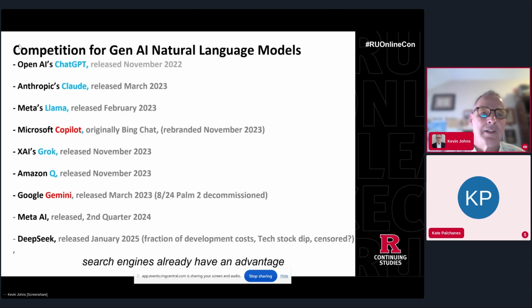Meta's Llama, that's been out. Copilot, Musk's Grok system, I've been using that recently. Amazon has one as well called Q, and Gemini, which has been adopted by the Rutgers Business School, so I've been using that as well. Meta AI just released one in the second quarter of 2024, and DeepSeek, which everybody heard about in January of this year, because it came out at a fraction of the development cost and took a bit of a knock on the stock market here in the US.